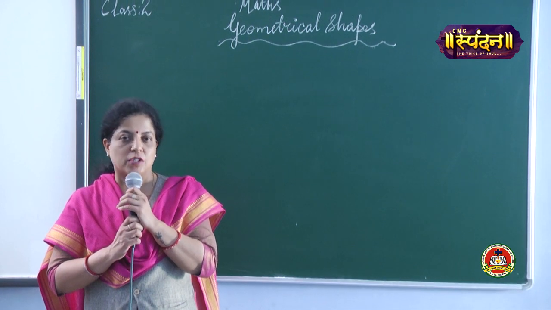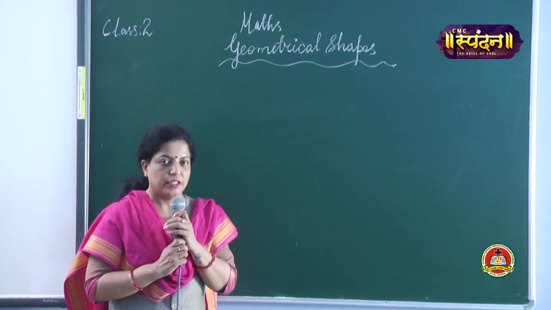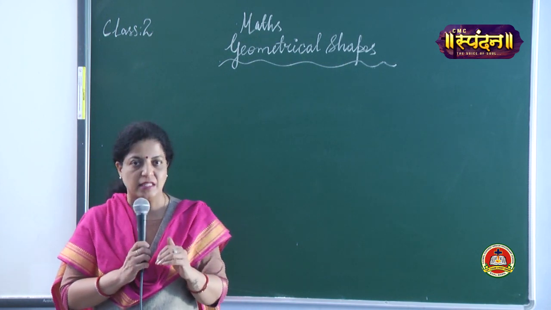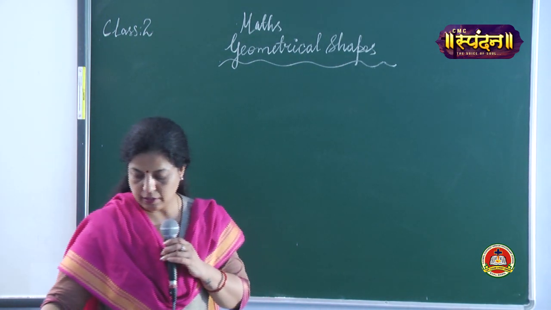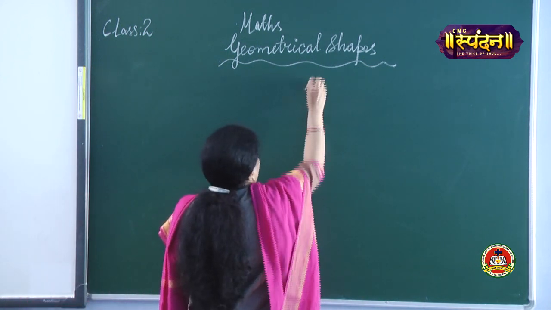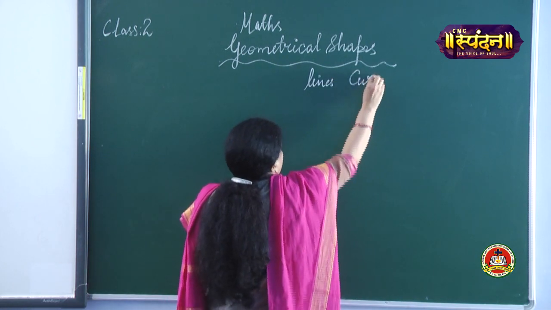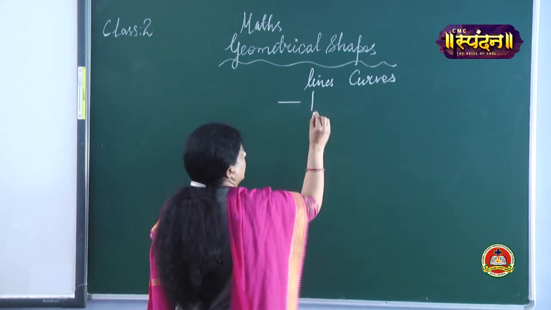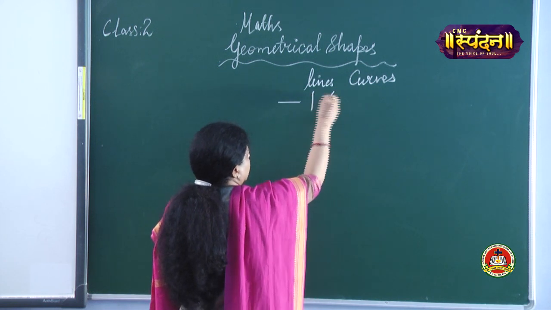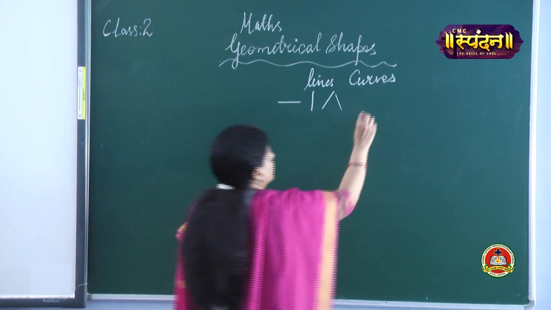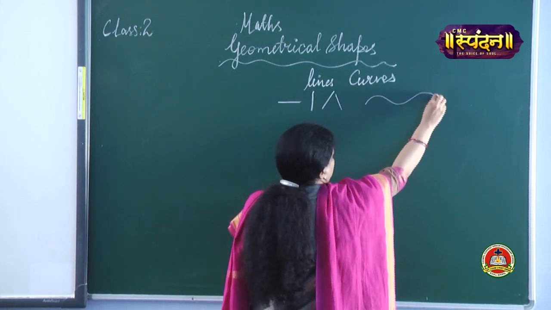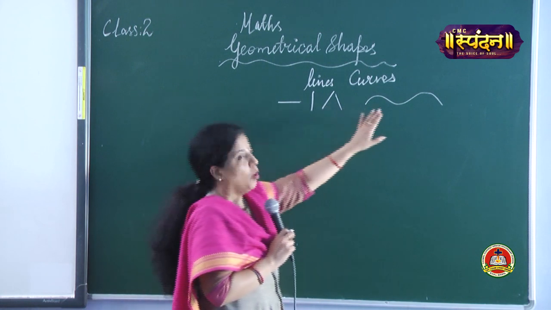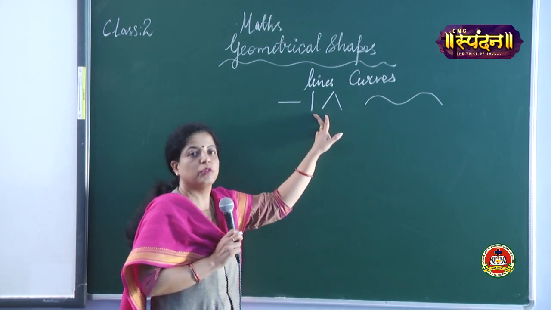Now, before starting our today's topic of solid shapes, first let me clear one thing: shapes are made of lines as well as curves. As you can see, the shapes are made up of lines and curves. And these lines can be a sleeping line, a standing line, or a slant this way or a slant this way. Fine. And curves are the curved lines. So the shapes which are formed either by these or by the combination of both of them are known